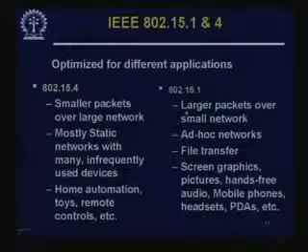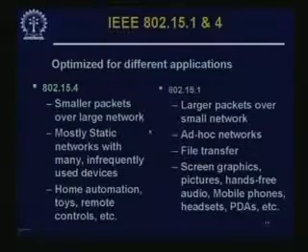intervals. Just to compare quickly, between 802.15.4 which is the low rate and low power one and 15.1 which is the standard Bluetooth. So, for 15.4: smaller packets over large network, mostly static networks with many infrequently used devices. For Bluetooth: larger packets over small network, ad hoc networks, more dynamic. You can do things like file transfer here which you do not look forward to doing there. This is maybe used for home automation, toys, remote control, sensing etc. This may be used for screen graphics, pictures, hands free etc. So, this is a somewhat different niche of application which the two groups address,